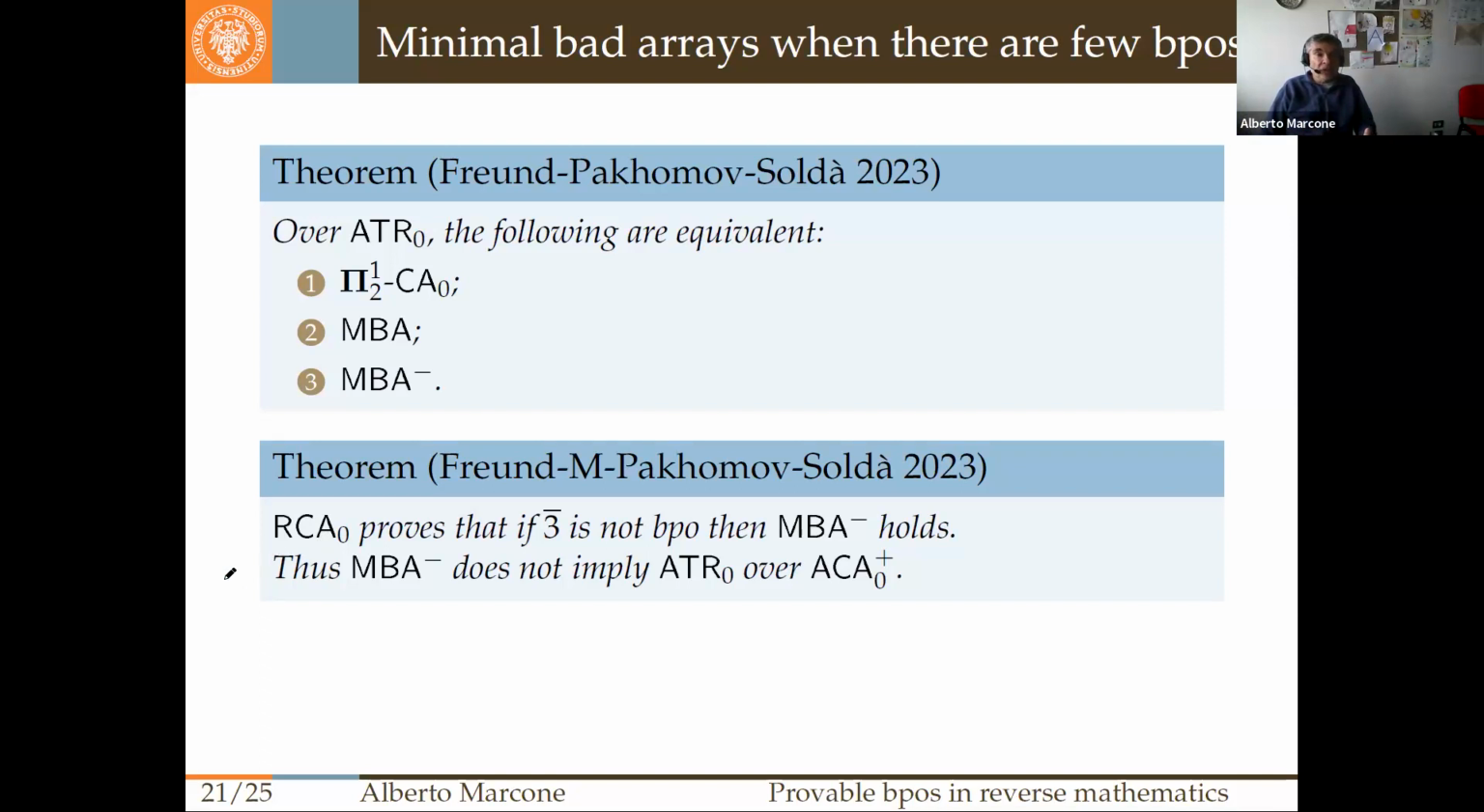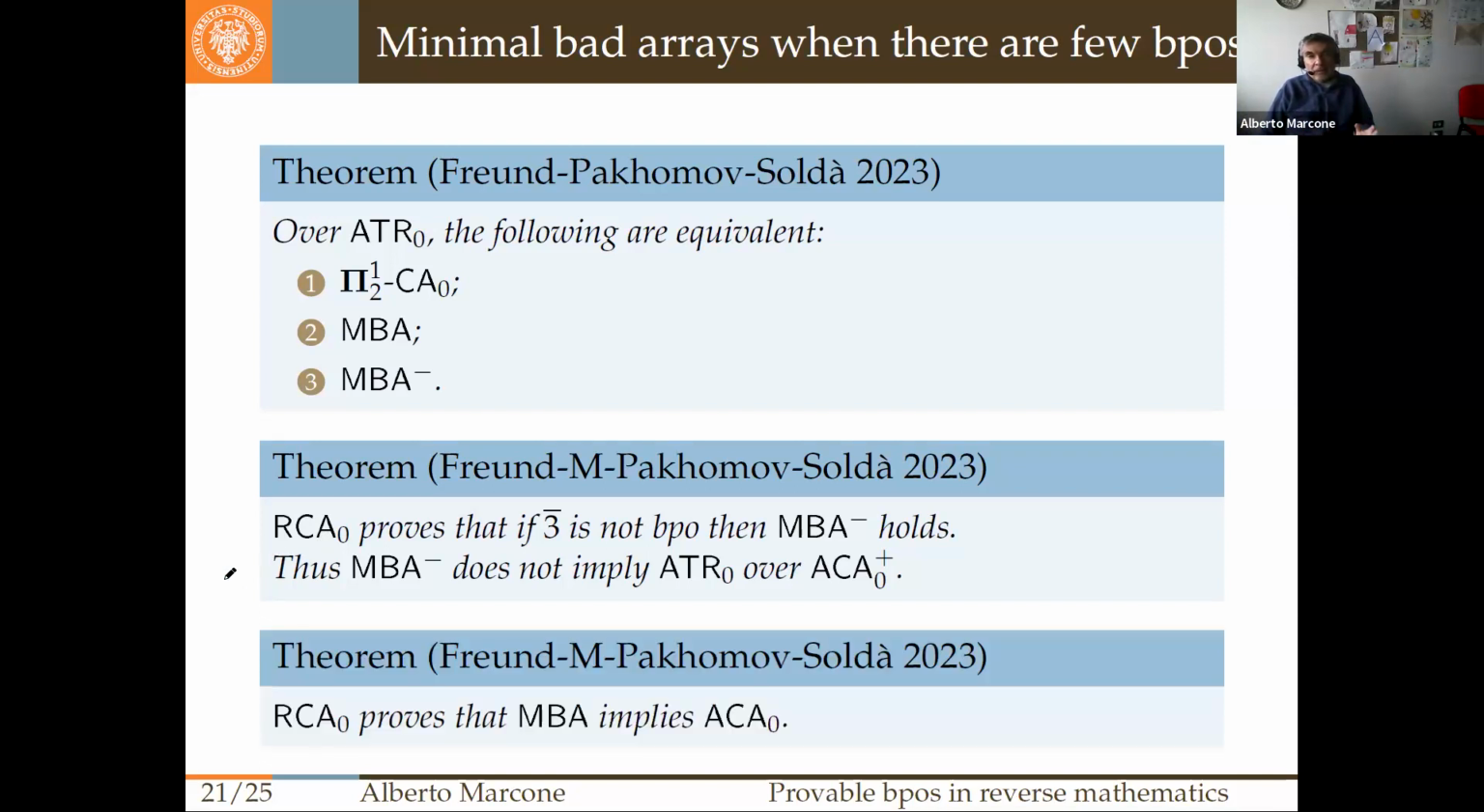For MBA, the situation is probably different. We cannot say for sure that it's different, but MBA implies ACA naught over RCA naught. This is not still lowering the base theory there, because we get to ACA naught by this result here,